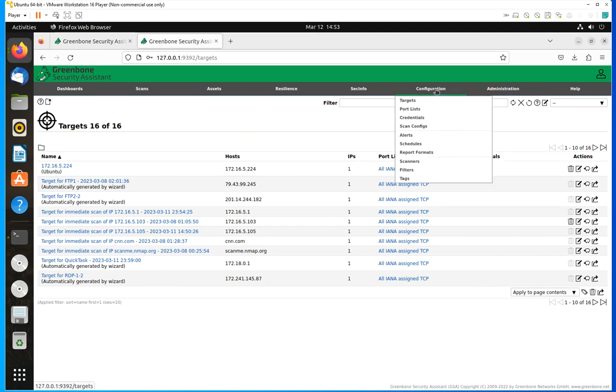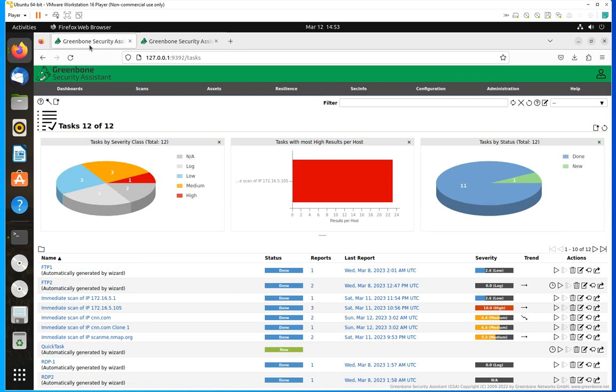So the first thing that I want to talk to you about, instead of talking about target, let's talk about target for now. I was going to leave it for the second option. But targets, as you can imagine, are the targets that you want to run the scan on, right? And there are different ways the targets are created. One of the ways is that when you run these scans, like these scans that you have right here in your tasks,